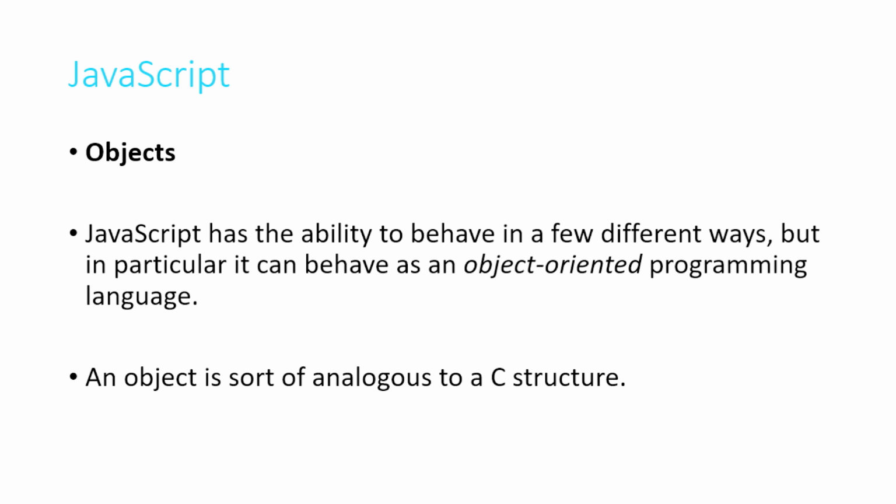JavaScript has the ability to behave a few different ways, and that's why it can be a little bit tricky as a very first language to learn, because it sets up a bunch of rules for itself and then breaks them. It is very, very flexible, but perhaps almost a little too flexible as a first language. But it can behave as an object-oriented programming language. And object-oriented might be a term that you've heard before, but if not, we'll try and give a quick little crash course here. An object is really similar in spirit to a structure that we are familiar with, hopefully, from